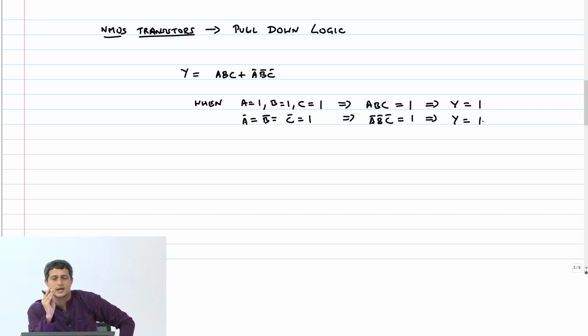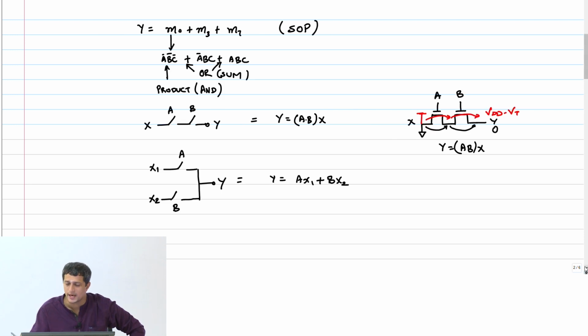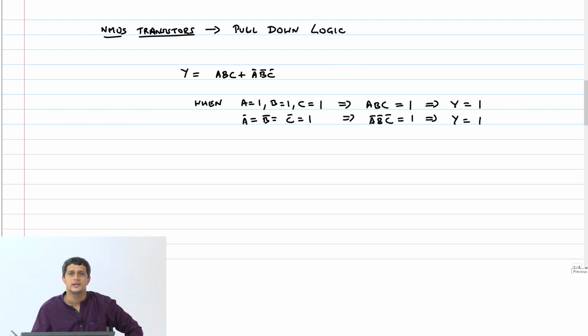So the inputs that are going to control these switches are active high inputs. And when any of these minterms get activated, the output has to go high. Now this active high input is not a problem because naturally the NMOS transistor has an active high input. When the input A goes high, the NMOS transistor will turn on and therefore the switch will turn on. The only problem is passing this logic 1 to the output when the switches turn on.